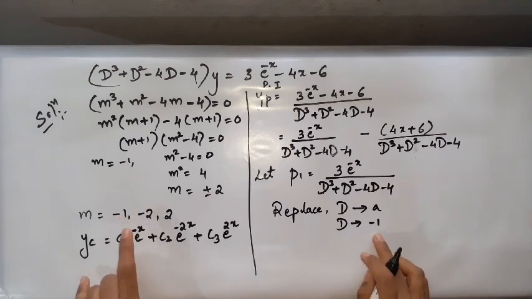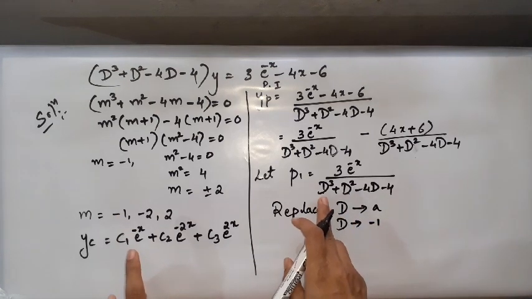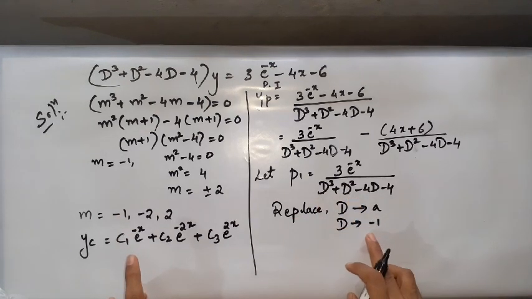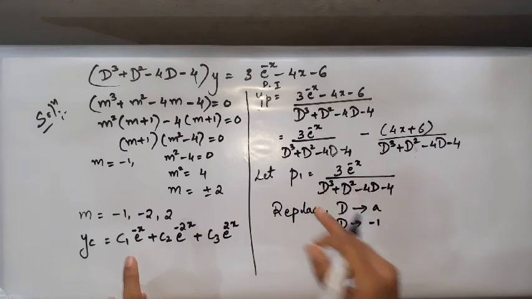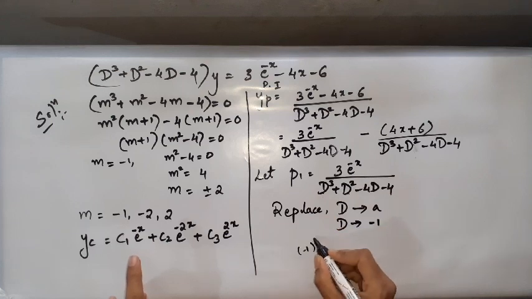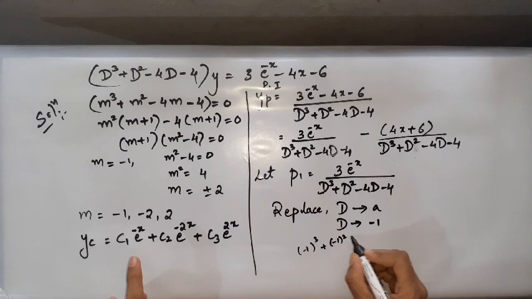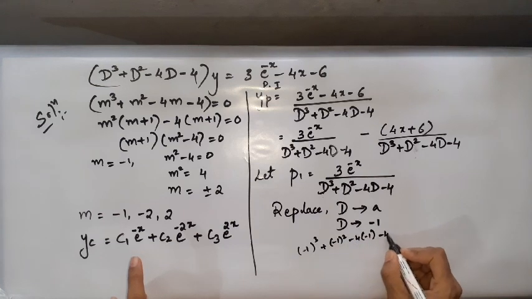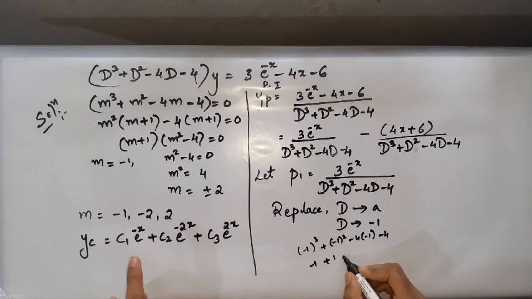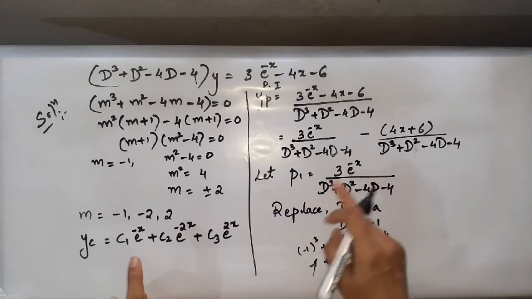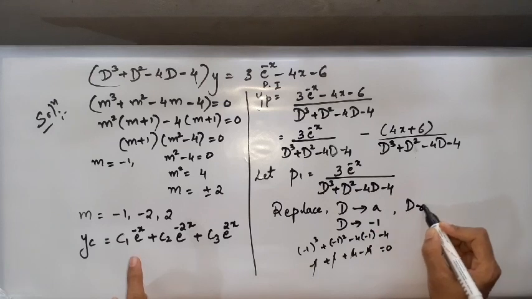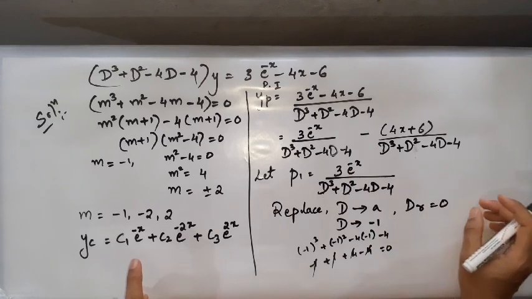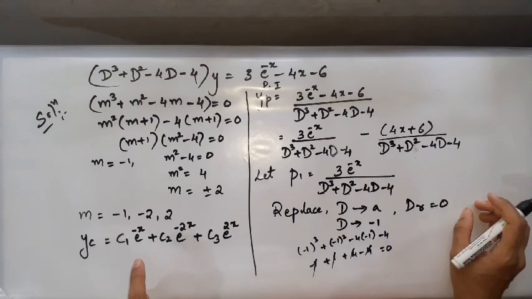Whenever you turn d to minus 1, however, I will show you here. If you put d is equal to minus 1, the whole cube plus minus 1 square, minus 1 whole cube is minus 1. For instance, let us solve it. Minus 1 whole cube plus minus 1 square minus 4 times minus 1 minus 4. So if you simplify this, it will be minus 1 plus 1 plus 4 minus 4. See, everything is getting cancelled. So it becomes 0. So the denominator is, means what? If you substitute d is equal to minus 1 in the denominator, it is turning 0. So when this is happening, I have explained what to do. So we'll go for that step.